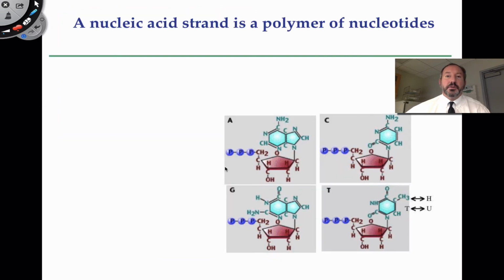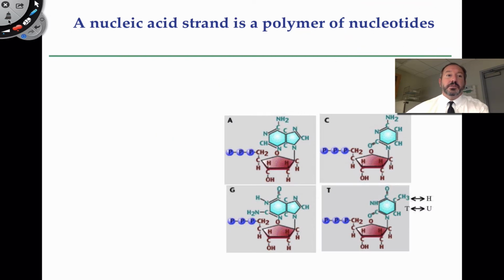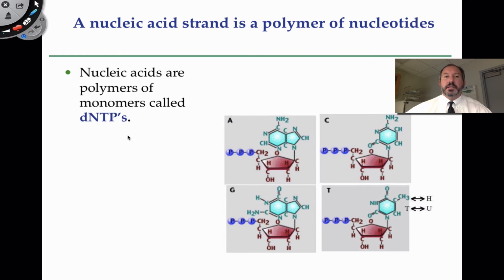Find that very intriguing. So let's review a little bit, if this is a review for you, the structure of nucleic acids, because that's kind of essential in our understanding of transcription and translation. As you might be aware, nucleic acids are polymers of nucleotides. So it's repeating subunits of nucleotides. And this is what we mean by polymer. So many mers. So what's the mer? The mer is a nucleotide. And so what's a nucleotide? A nucleotide is what we'd like to call dNTPs. In other words, the N is replaced by either adenine, cytosine, guanine, or thymine.